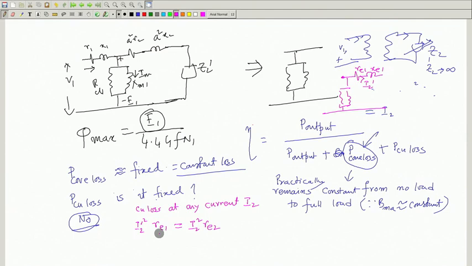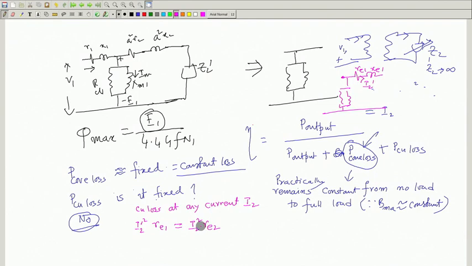is that the magnitude of the current that you are drawing out of the transformer from the secondary side is proportional to the square of the current. So, as you change the load, I2 changes, I2 dash changes, therefore copper loss in the winding will be a function of current supplied. So, copper loss cannot be a fixed loss, it depends upon what current you are extracting out of the secondary of the transformer.